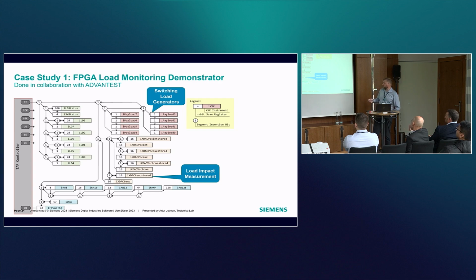And another part of the network is connected to temperature monitors and voltage supply monitors, to see the effect of that. This could be used, for instance, for system level tests, together with some sort of functional test. Let's say you can basically run your system level test at the same time as reading data from the IJTAG